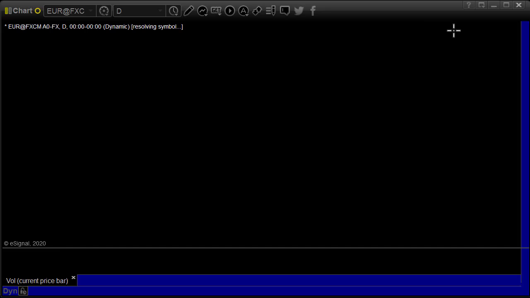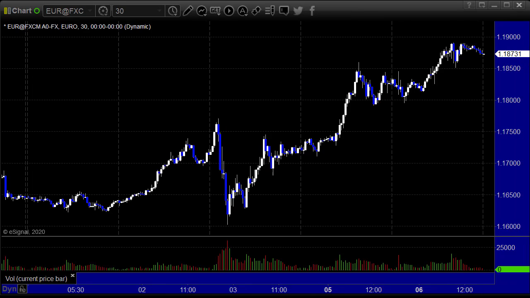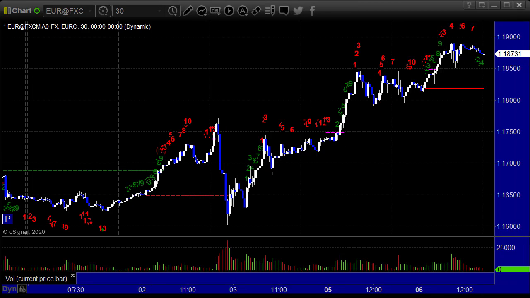Let's also look at the intra-week action. So what we do on the Forex charts, we look at the 30-minute candles. Remember, Forex trades all day long and all night long. So this takes you back. You can barely see the edge of the prior Friday. Monday was dead flat, and Tuesday we had a little bit of action. Overall, for the week, actually, it's funny, the euro dollar traded 300 pips for the week.